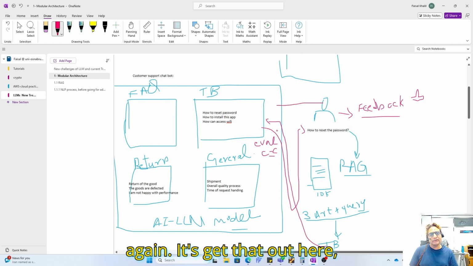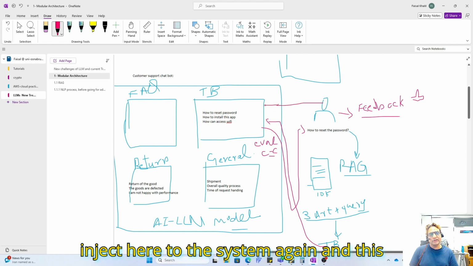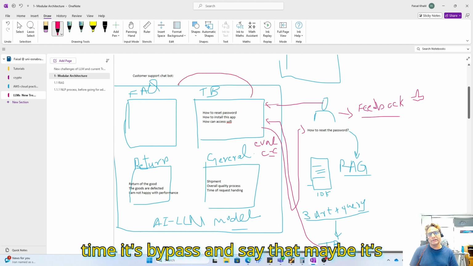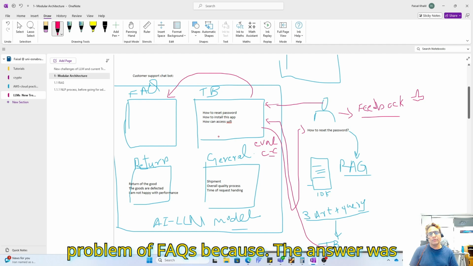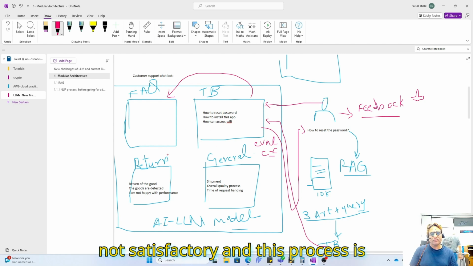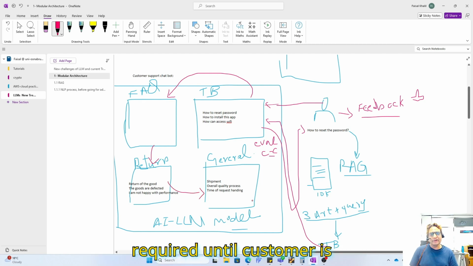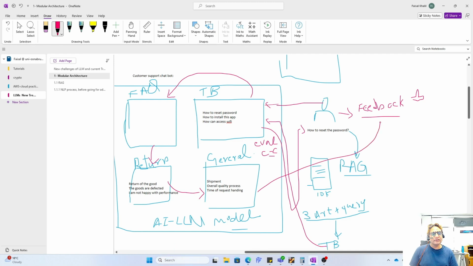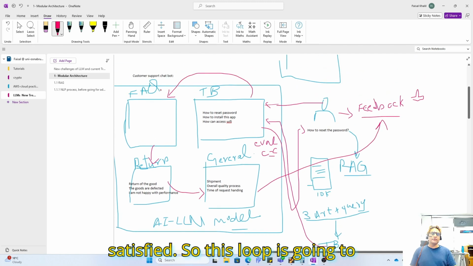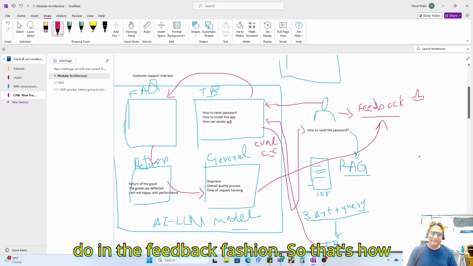It gets that out here and injects it into the system again, and this time it bypasses and says that maybe it's a problem of FAQs because the answer was not satisfactory. And this process is looped through all the models when required until the customer is satisfied. So this loop works in a feedback fashion.